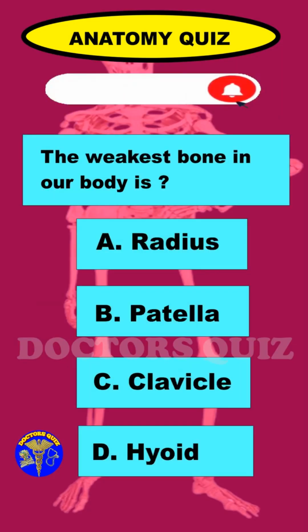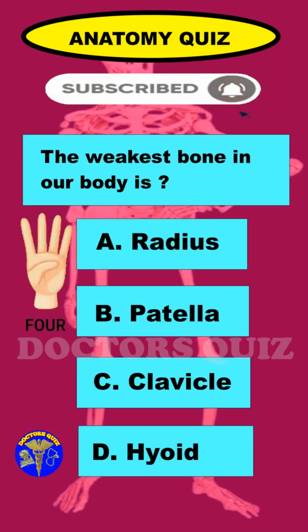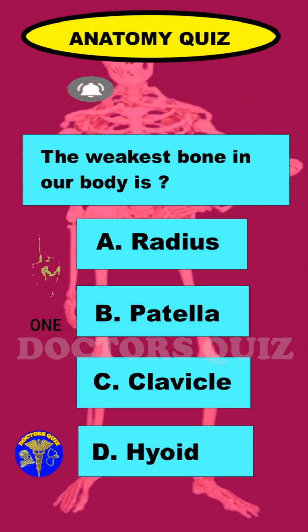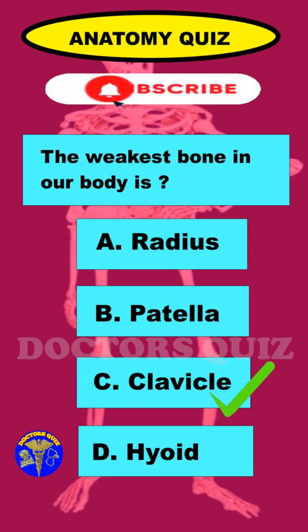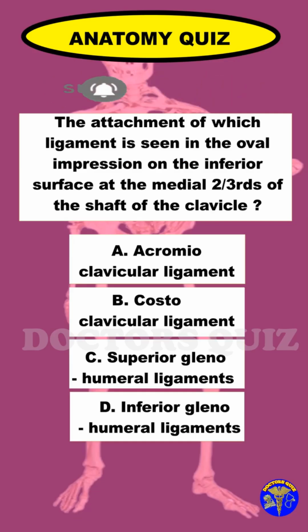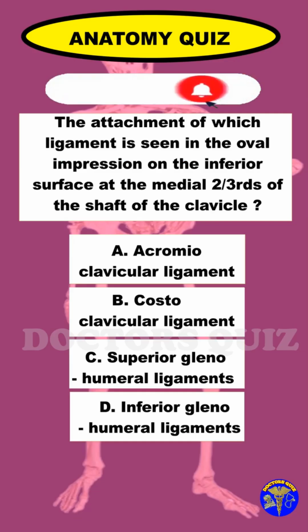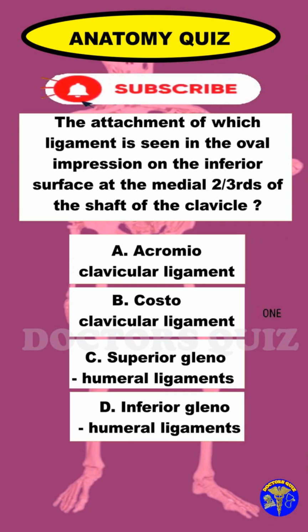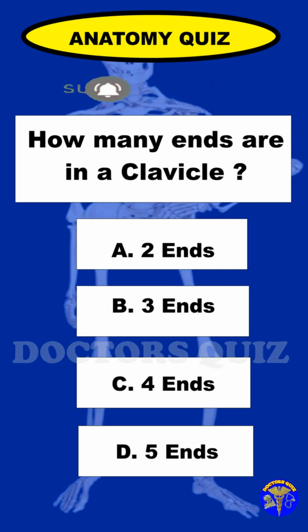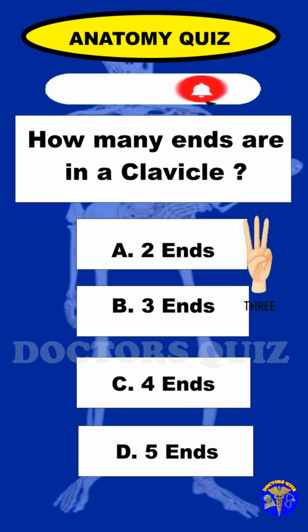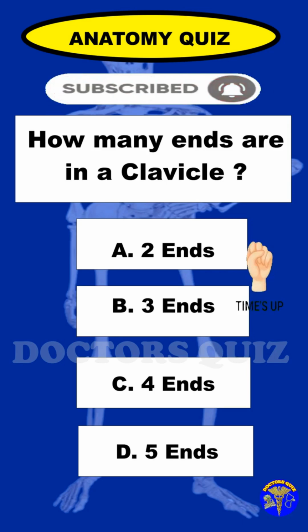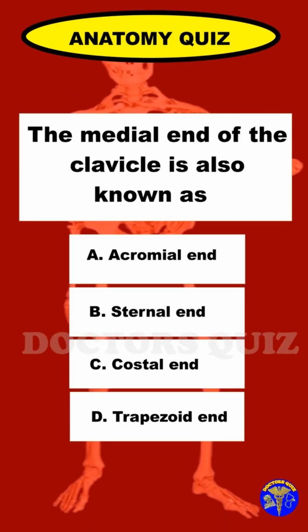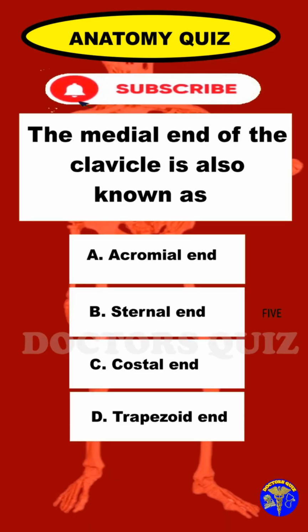14. The weakest bone in our body is clavicle. The attachment of which ligament is seen in the oval impression on the inferior surface at the medial two-thirds of the shaft of the clavicle? Costoclavicular ligament. How many ends are in a clavicle? 2 ends. The medial end of the clavicle is also known as